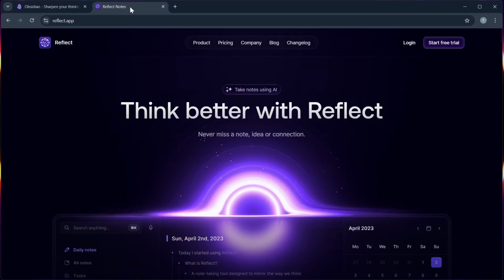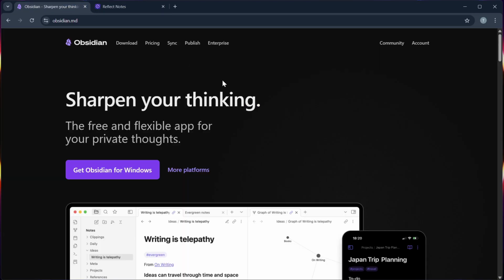Obsidian versus Reflect Notes. In this 2025 comparison, we will find out which note-taking app is better, so make sure